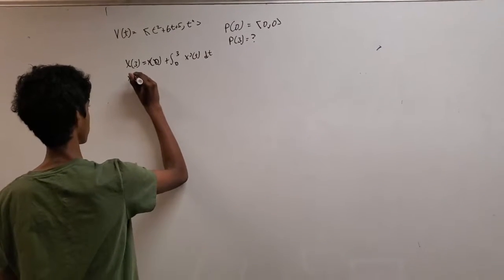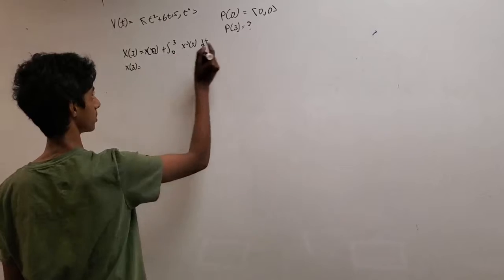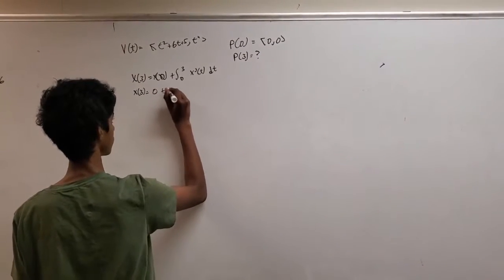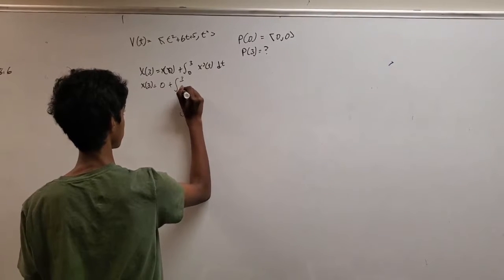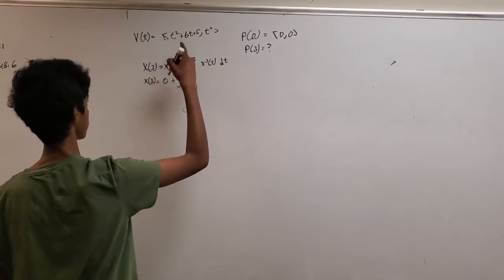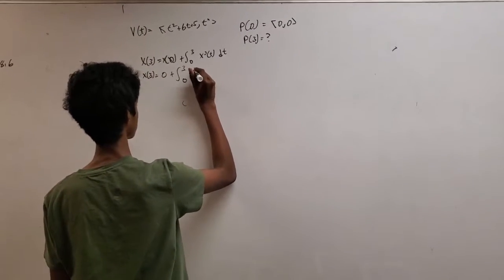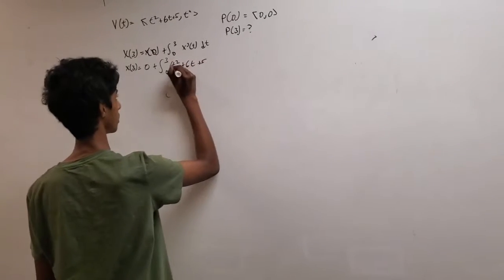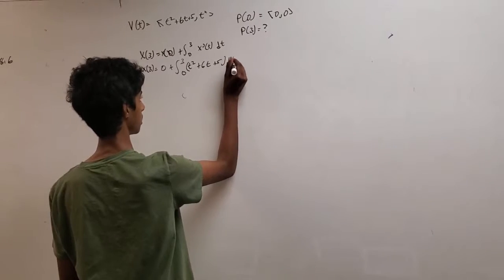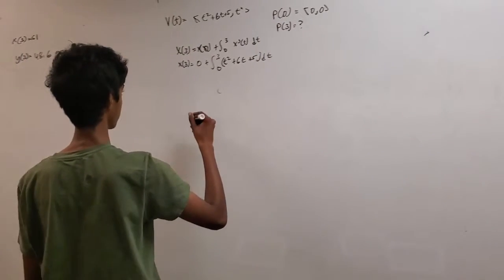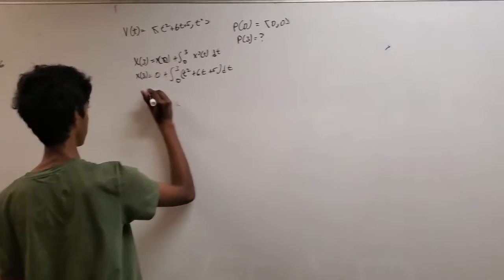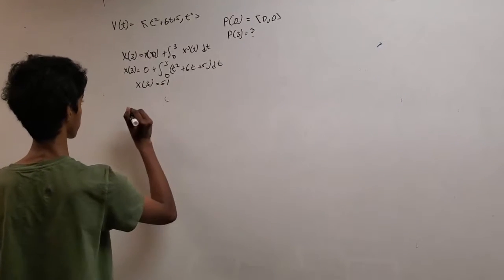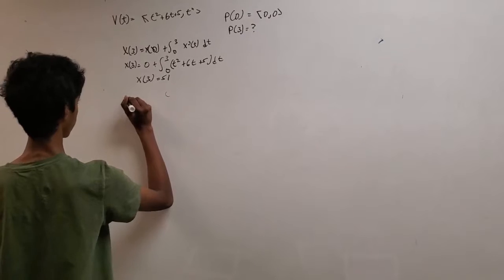So x of 3 equals, from here x of 0 is 0, plus the integral from 0 to 3, and x prime of t equals that part, so that's t squared plus 6t plus 5 dt. Then you plug this into your calculator, and you should get x of 3 equals 51. And then you solve y of 3